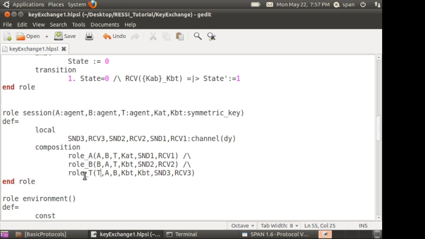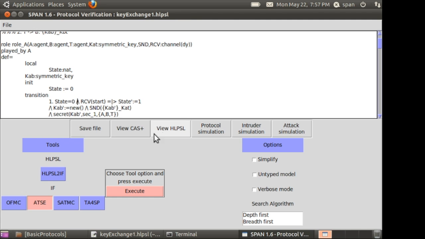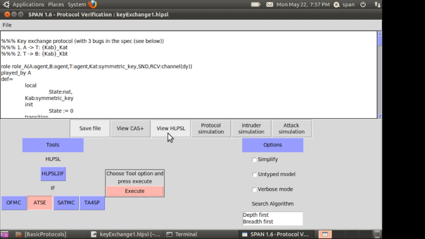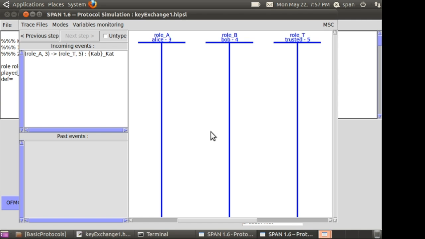So we give to T: T, A, B, and here we have KBT, KBT. So it's a problem. It should be KAT here. So we correct, we save, we go back to SPAN, we load again, and now we simulate,